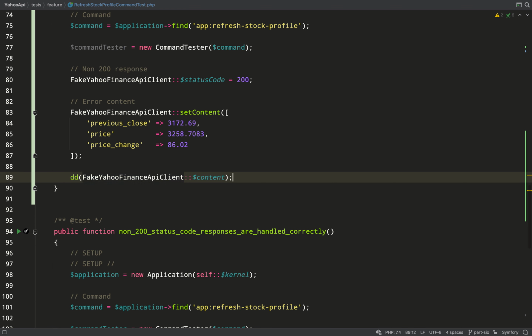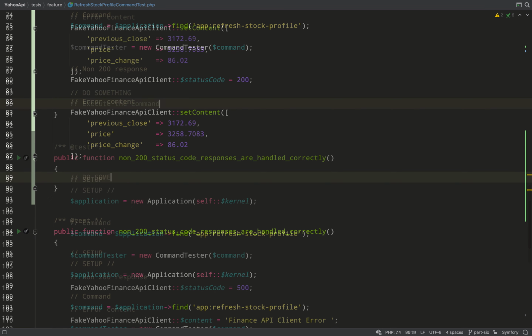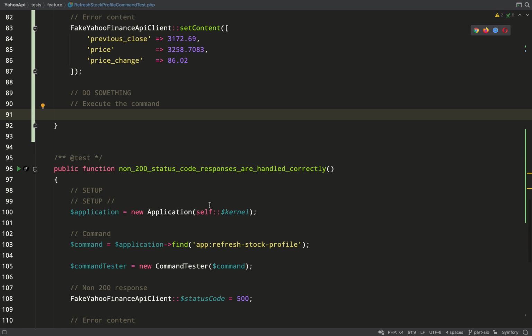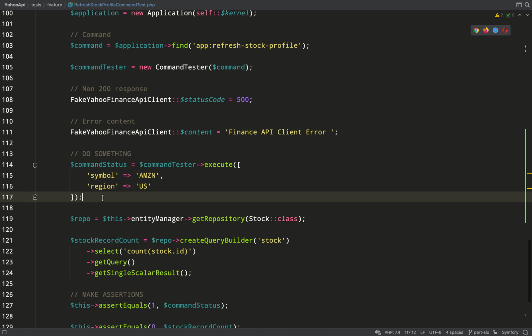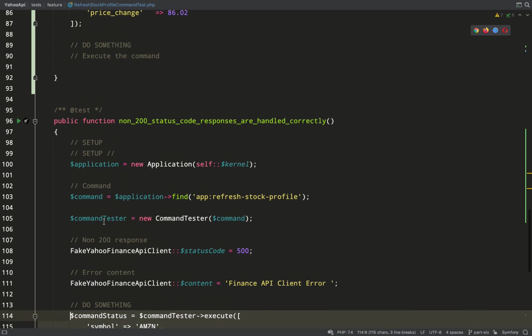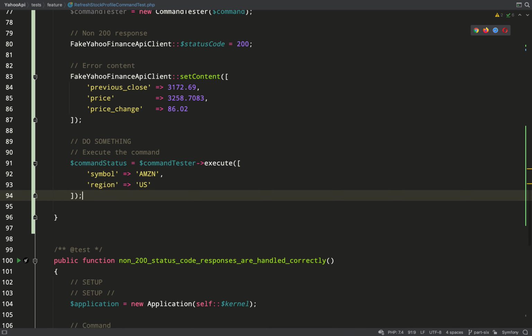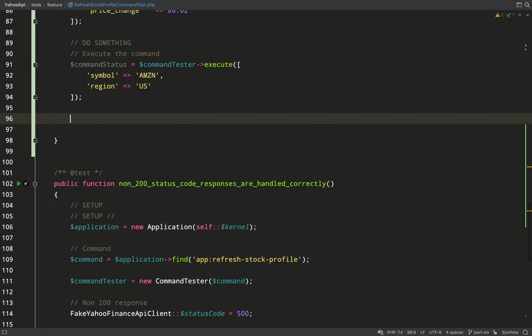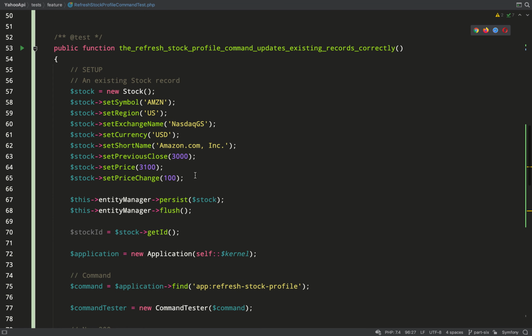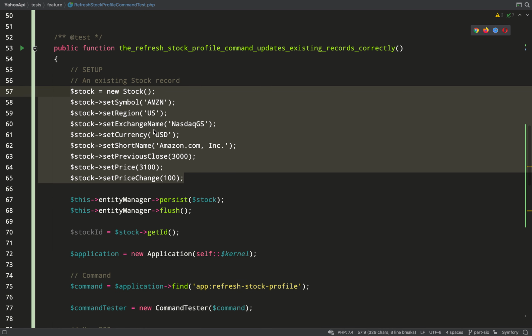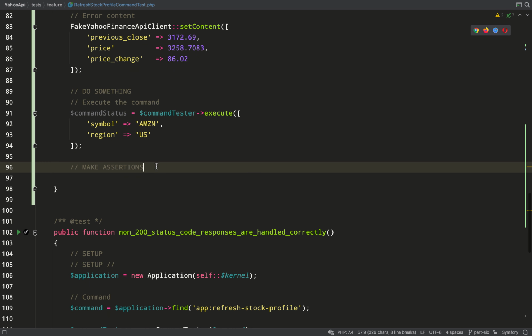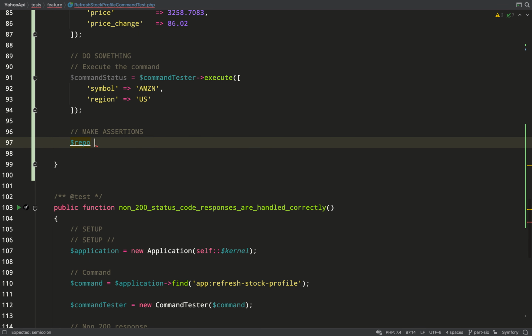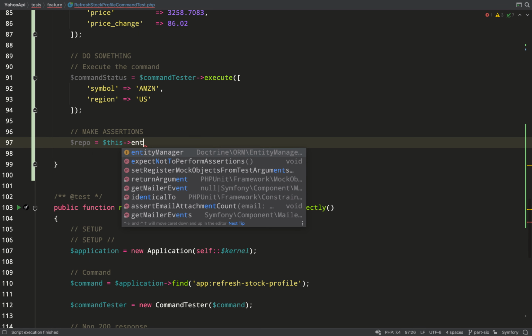Let's change the status code to 200, and then we need to do the "do something" part of our test. So I can go and borrow that from another test because it's the same for each one. We're just going to fire off the execute method on the command tester, and then I need to make some assertions. So what is it that I need to assert? Well, I want to check that the existing stock, the one that I created here, has been updated, and that the values for previous close price and price change now all match those which I set with my fake Yahoo